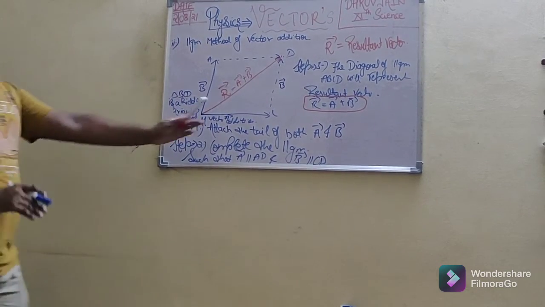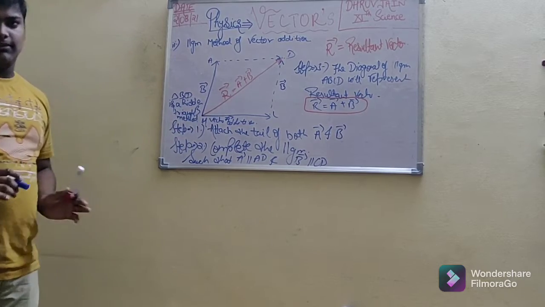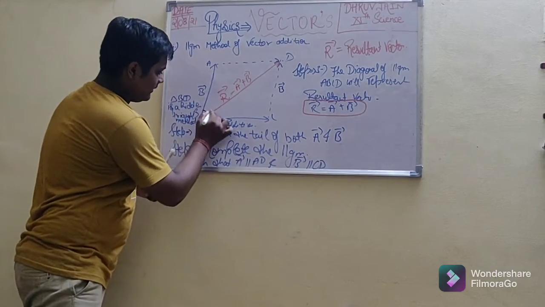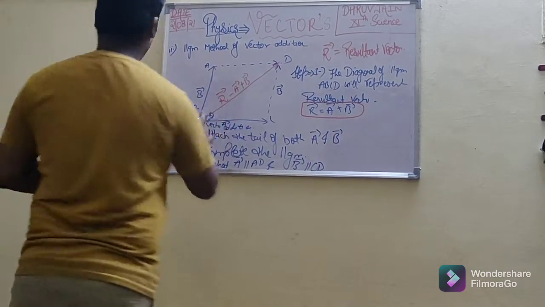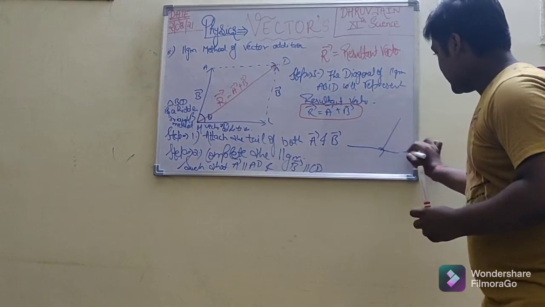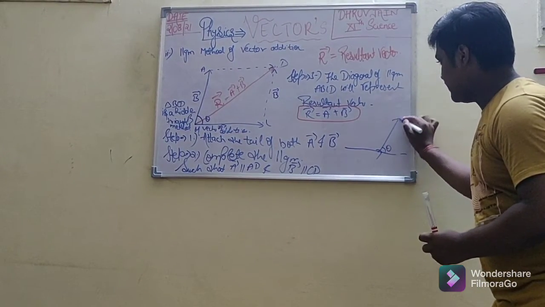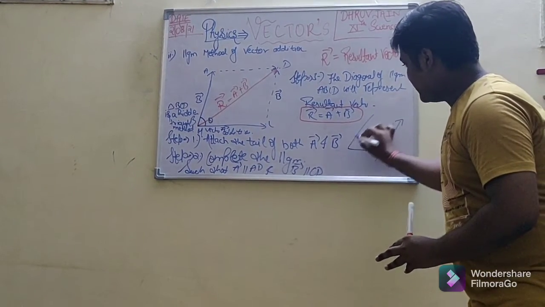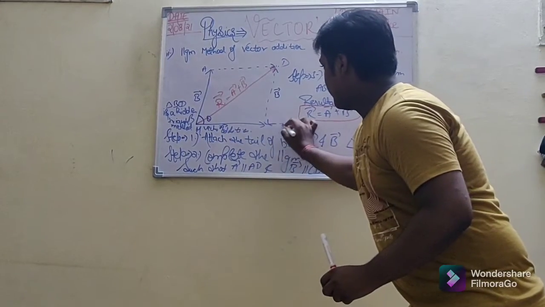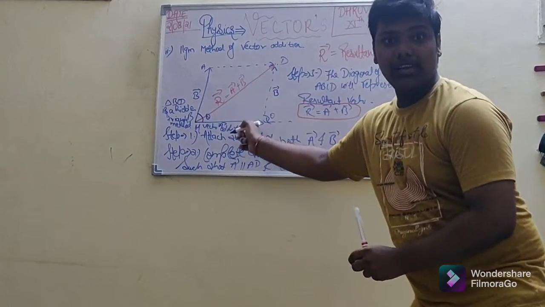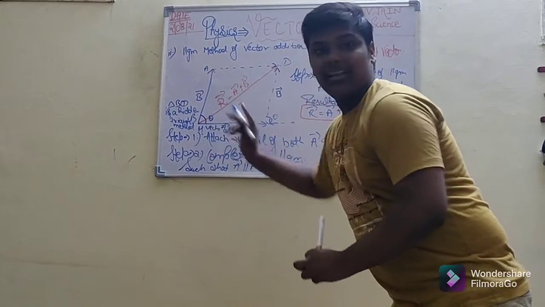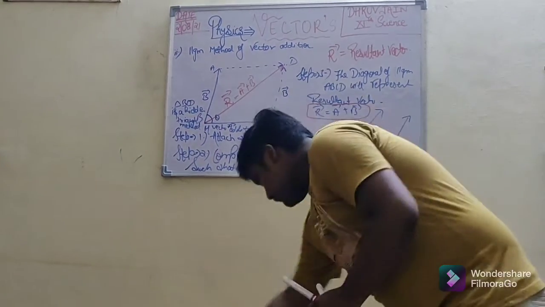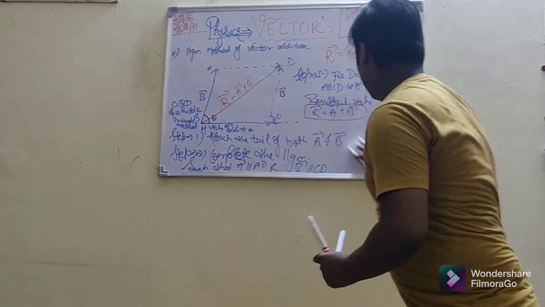Now, this is basically our parallelogram method. And I want to tell you one thing more. And this is theta. That in the previous, what I have told, this is theta. If we parallel shift this vector, we can do parallel shifting of a vector, it will be equal. So this theta will be like this. So if I draw this, these are corresponding angles as we know. So these are equal. So we can say that. I want to tell you one thing more about this.